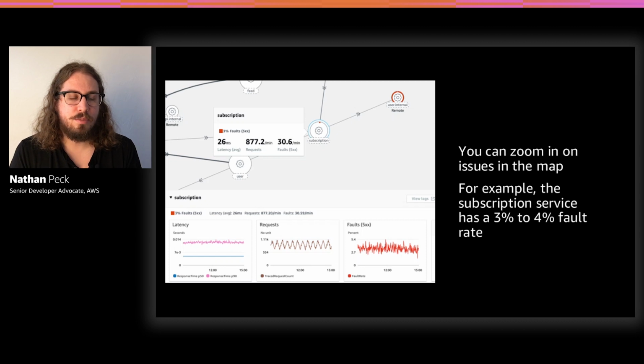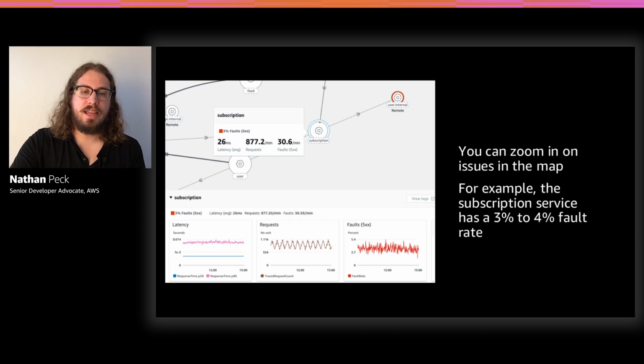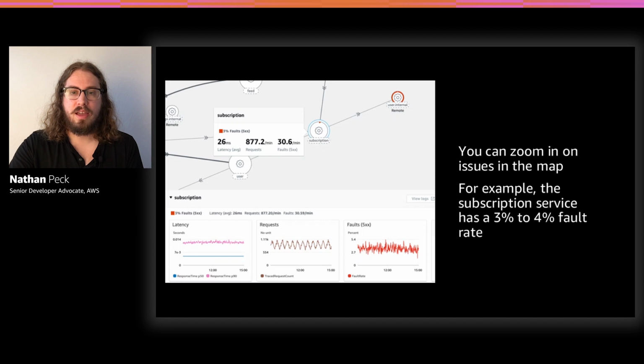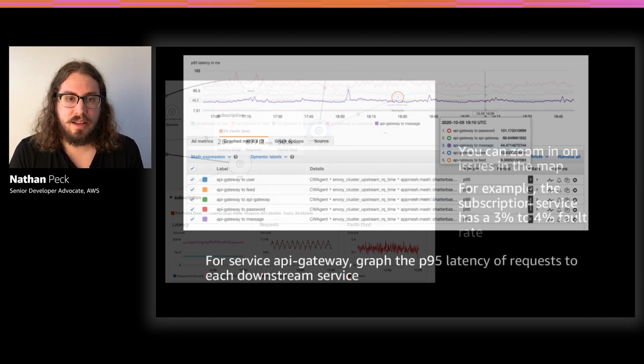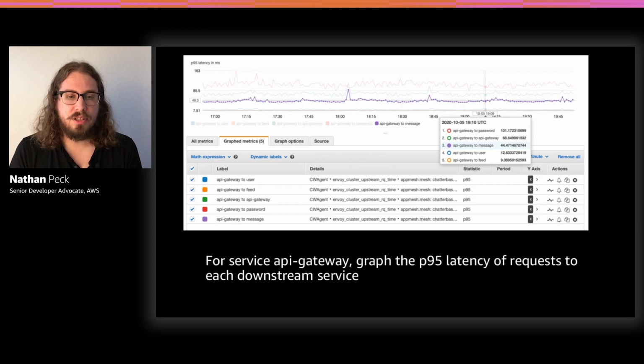And I can start to see some more information such as the latency of requests and, most importantly, the fault rate. So here I can see that that particular service had a 3 to 4% fault rate, which is definitely not good. That indicates that there's some kind of issue that I need to explore further. So I can take that information off of the service map that was provided by X-Ray, and I can go back to my Envoy stats once again,